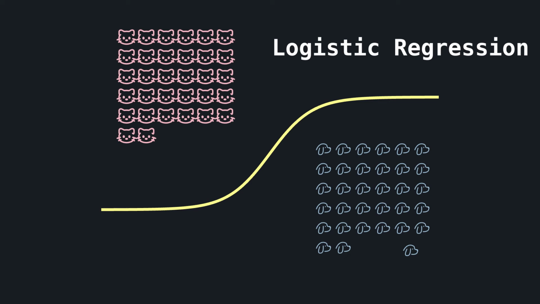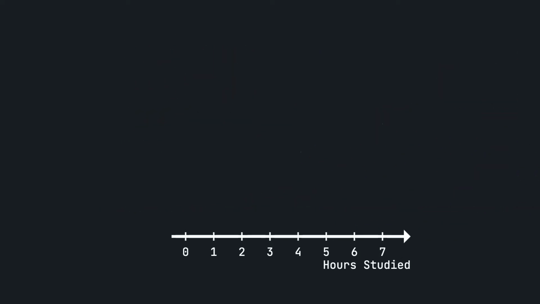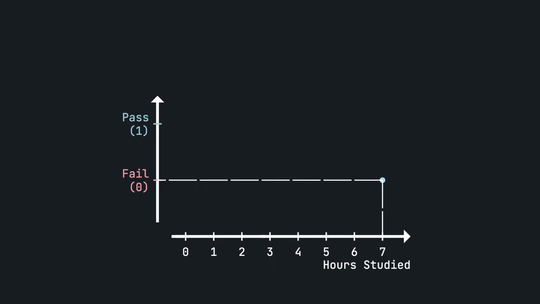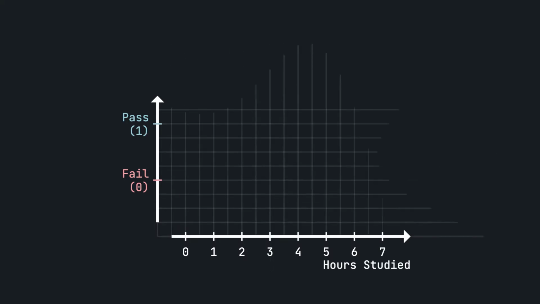Let's start with this simple task. Based on how many hours a student has studied for the final exam, we want to predict whether that student has passed or failed. For example, can we predict whether this student who has studied for 7 hours is going to pass or fail? Like any other supervised learning task, we need training data to learn from. Say we have records from previous years of students, we know how much they studied and whether they passed or